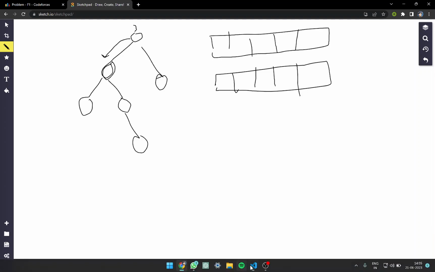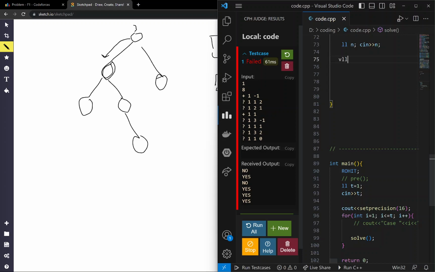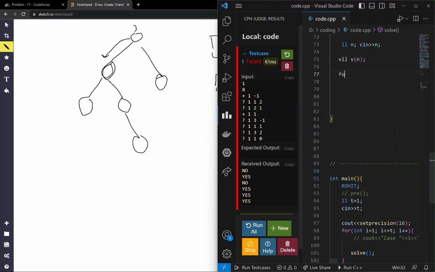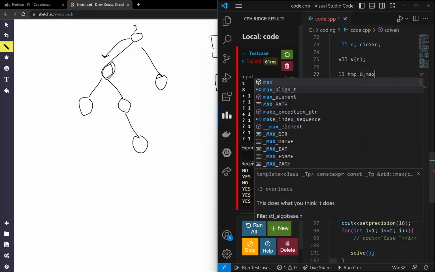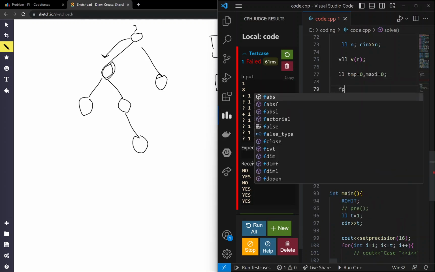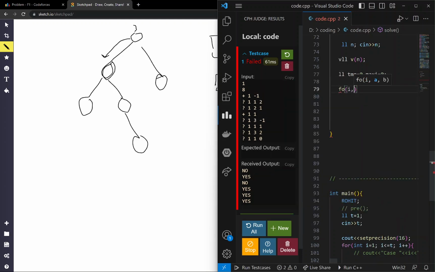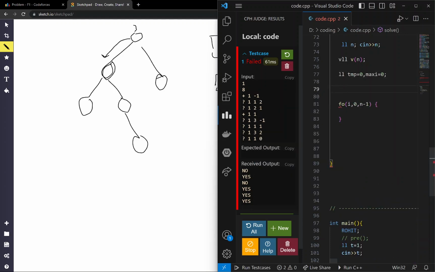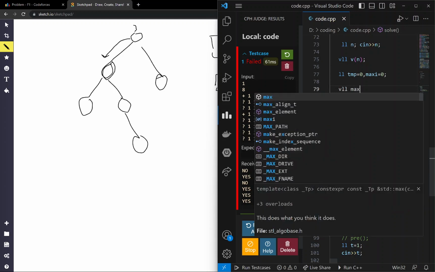You should know what we do for calculating the maximum sum subarray. Suppose we are given a vector of size n, so we create two variables, temporary and the current maximum value. For each particular element, suppose we have to find the maximum value for each element.